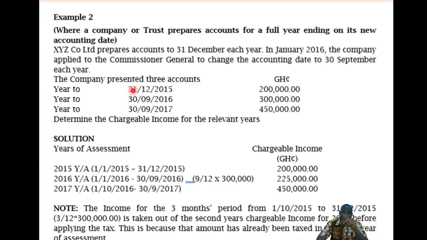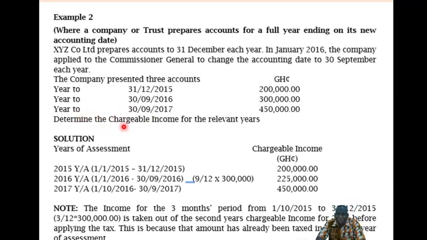And if they do that, there will be an overlapping period because 31st December 2015 is here already. So if you start from 1st October 2015 to 30th September 2016, you'll be having October, November, December, which already is in 2015, which already is in this year. You will also be having the same period here. So there will be an overlap. Okay, but the law will want to provide something like this. So that's why they have given you how you should write it based on the law, but not based on the way you are preparing your accounts. Okay. Then a year 2 will also be 12 months to this date.